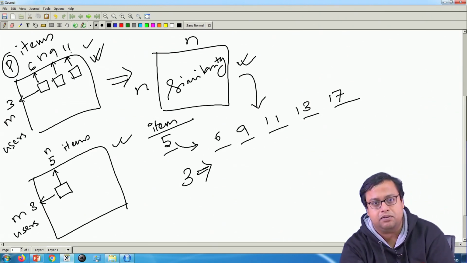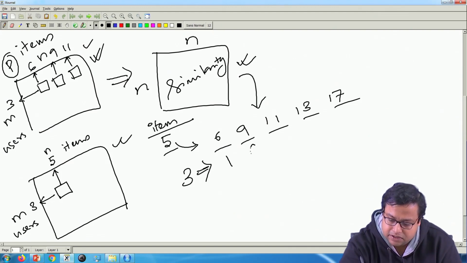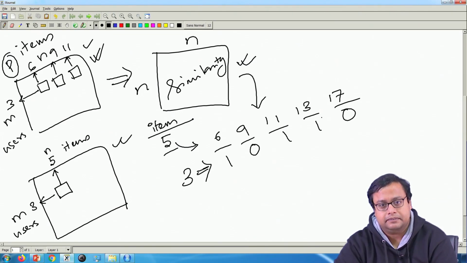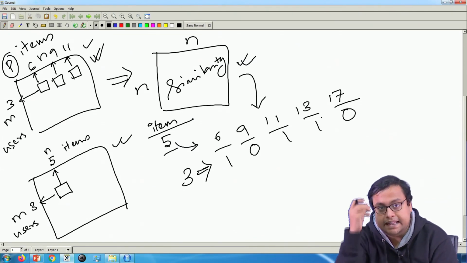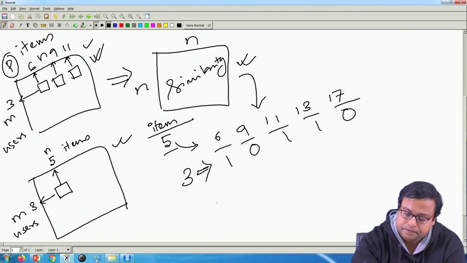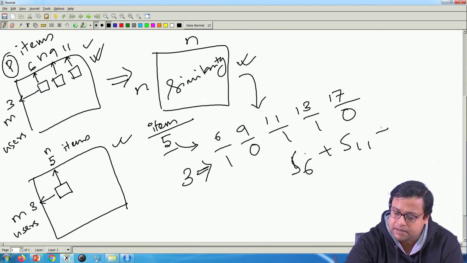That is how I will find out whether this guy has seen these items. And I see that okay, this guy has seen this, not seen this and this. Fair enough? Then his net similarity score is basically similarity of 6 plus similarity of 11 plus similarity of 13.